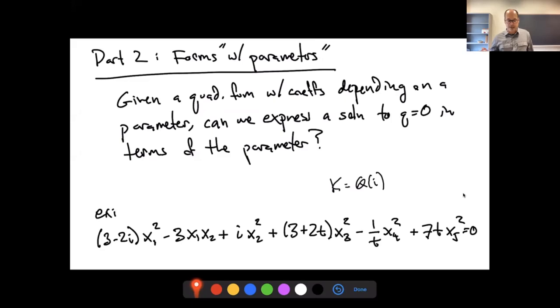In other words, can I write down a solution which behaves in some kind of algebraic way, nicely with respect to t? Can I get a parameterized set of solutions to this? So what are we really asking? We're really looking for some